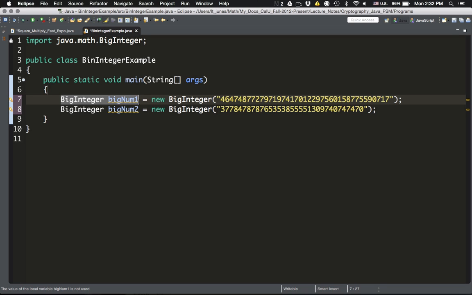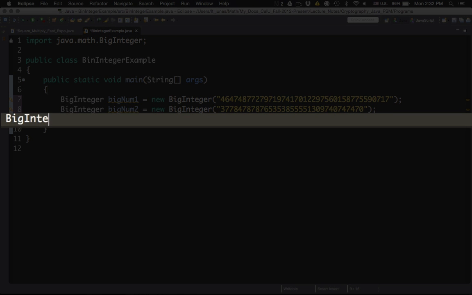Now, what is the operation we saw first in the last video? Well, one of the basic operations is remainder. So I'm going to take the remainder of, let's say, the big number divided by big number 2. So let's put the next line. This is going to give me a BigInteger again, of the same type, BigInteger, and I'm going to call it answer1. And so what is the operation I want here? Let's say I want to take my bigNum1 and divide it by bigNum2, and I just want the remainder of that. So I just put the name of my variable here, bigNum1,